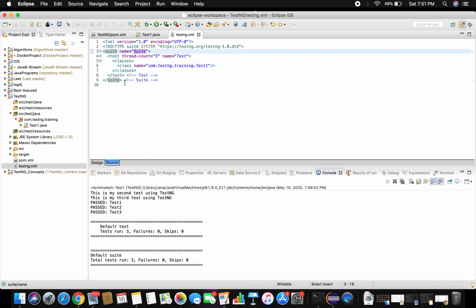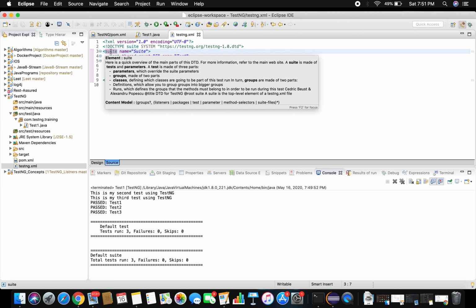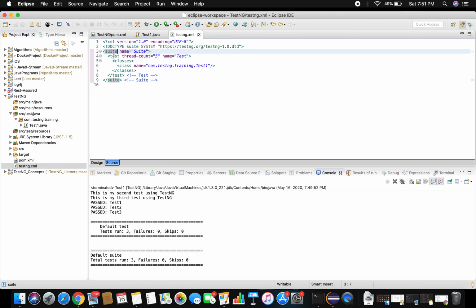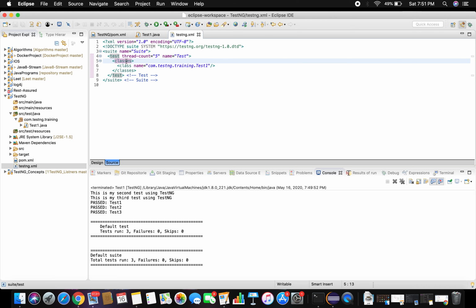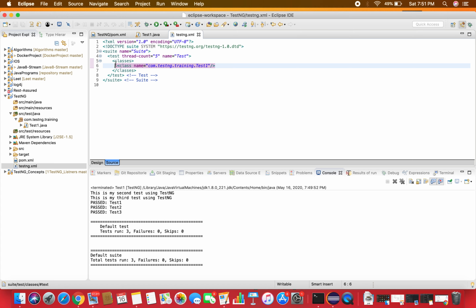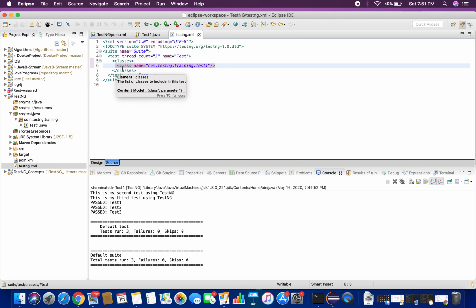If you look at the structure of the XML, it consists of a suite, and then the next lower level, test and classes, and then you have added all your classes inside the classes attribute. This is the structure of the testng XML: suite, test, classes, and you would add methods. Let's run this testng XML and see whether we are going to get the same output as when you run from the class.